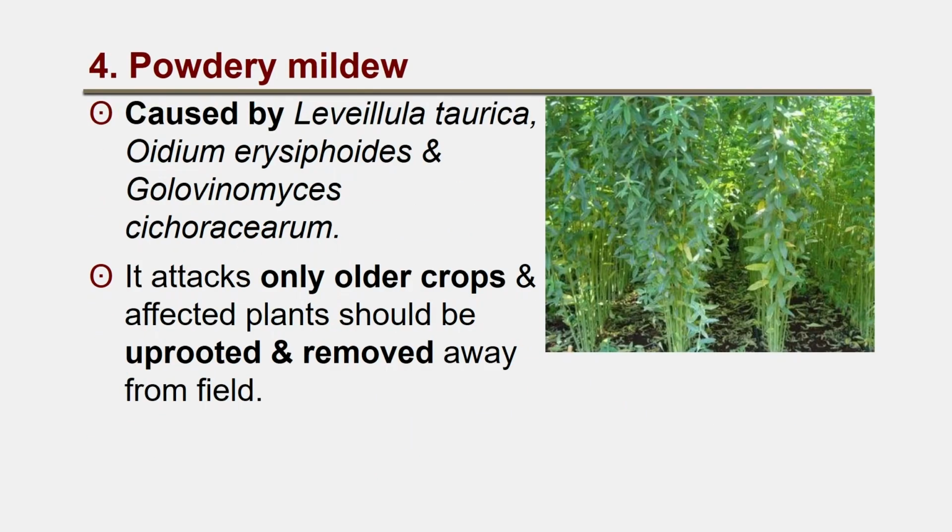Fourth disease is powdery mildew. It is caused by several fungi, for example, Leveillula taurica, Oidium erysiphoides, and Golovinomyces cichoracearum, and it attacks only older crops, and affected plants should be uprooted and removed away from the field. So it is not that powdery mildew comes at early stage, it normally comes at a later stage of the